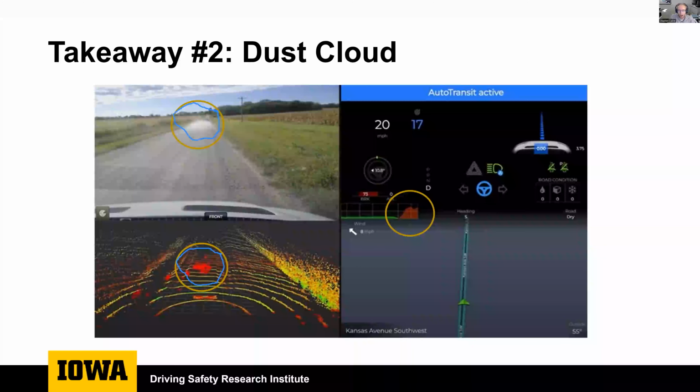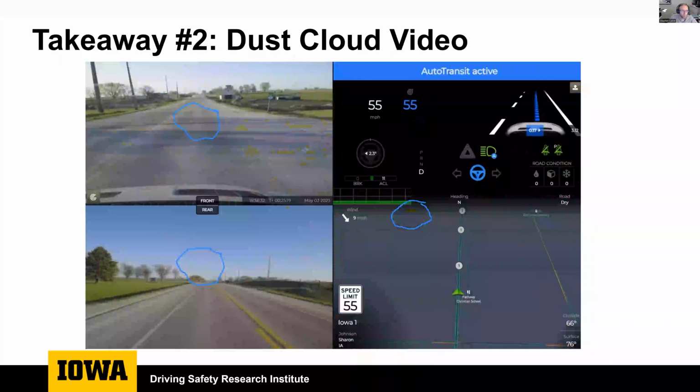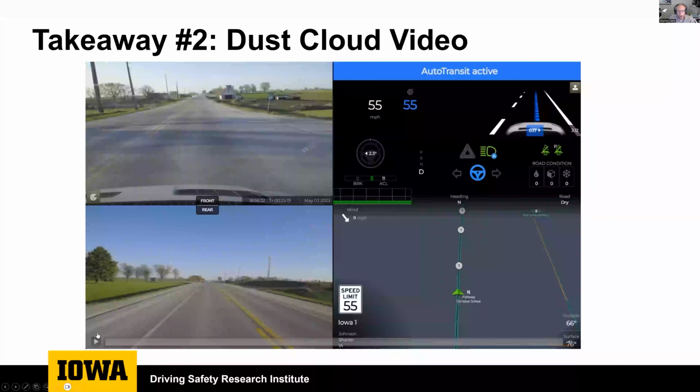and therefore will actually instruct the vehicle to brake because it thinks that there's an object there that it needs to stop for. Now, once the cloud dispersed, the automation would pick back up and keep driving, but it would stop for these sorts of things that, again, a normal human driver wouldn't necessarily stop for. So Omar, if you could go to the next, and we'll just let it play here.